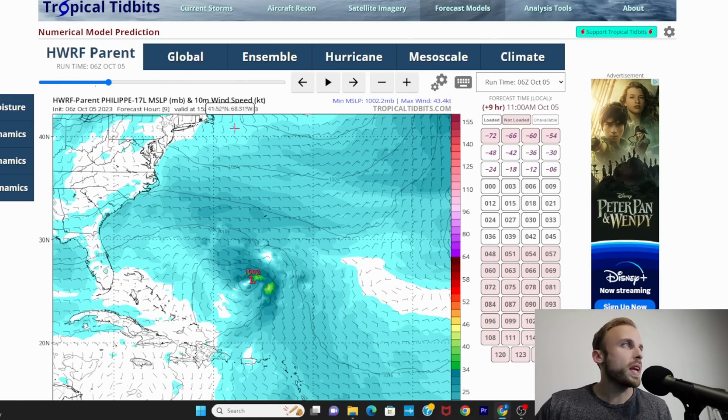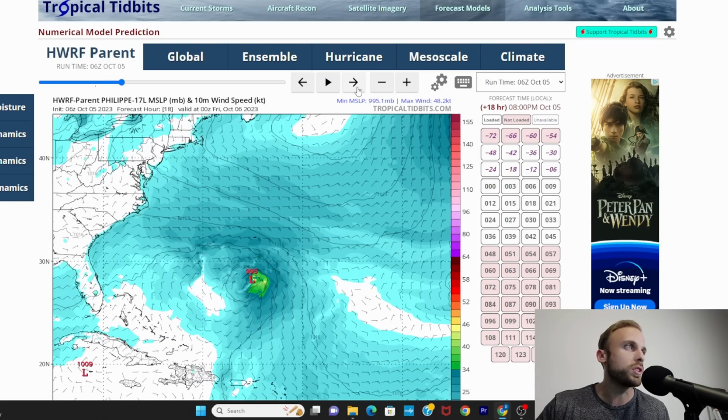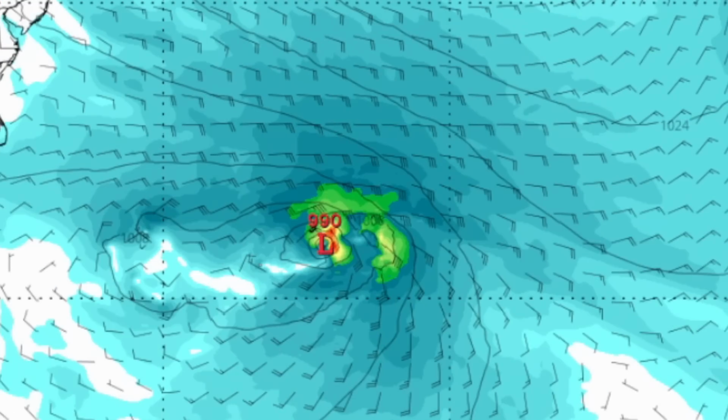Philippe, still a threat. He has strengthened up over the last couple of hours. I know we have winds of 50-ish in the center of circulation right now. We're starting to see that deepening trend we've been forecasting for the last few days. He's getting into a slightly more conducive environment for that intensification, and we're going to start with the HWRF, because the HWRF has a bit more of a doom and gloom kind of setup with this system as it goes to the north. So you can see it moving right into the island of Bermuda as a 990 tropical storm,